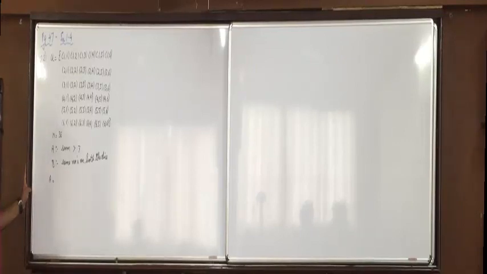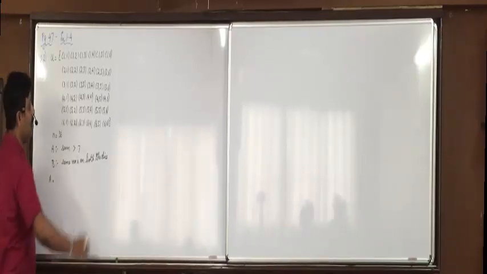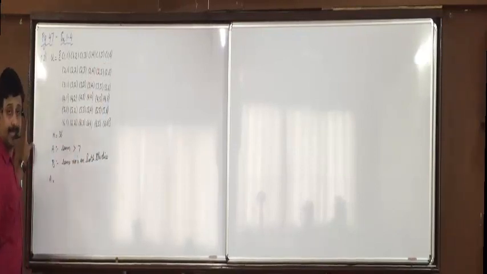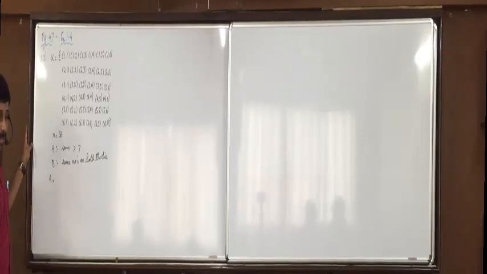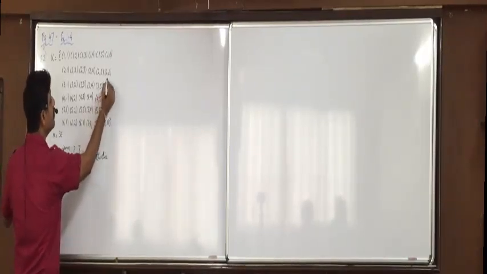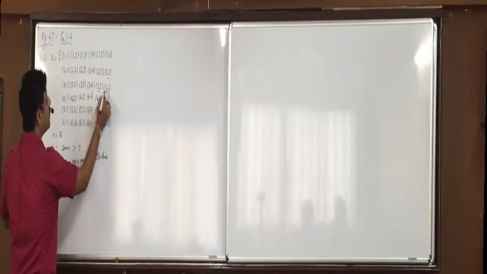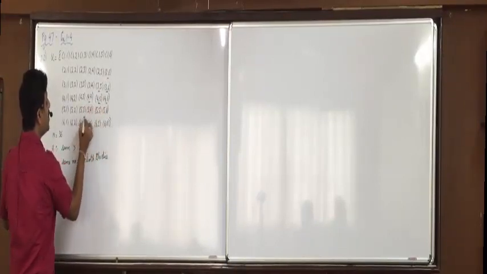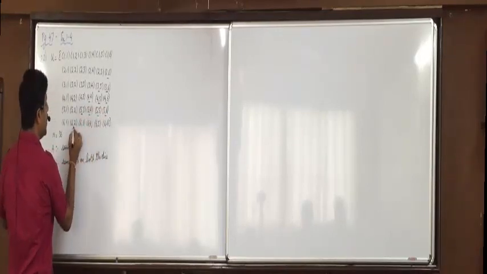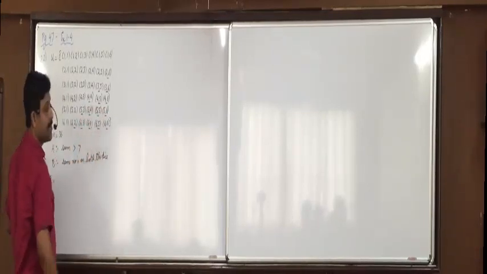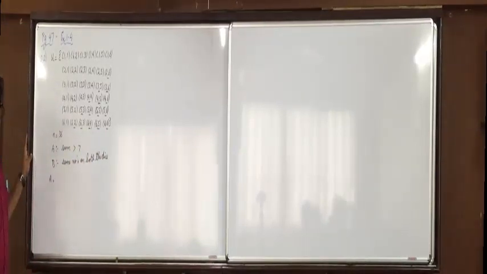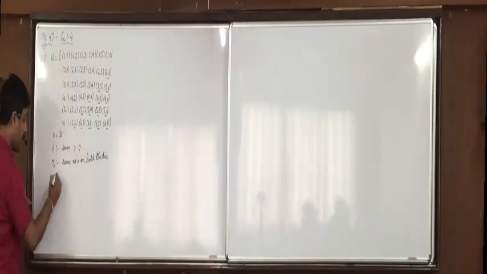So, A: sum is more than 7. In the row of 1, do you find any sum more than 7? No, 1 plus 6 is 7, it is not more than 7. We need the sum more than 7. In the row of 2, then in the row of 3, and 4-4, 4-5, 4-6, 6-2, 6-3, 6-4, 6-5, 6-6. Okay? Be attentive here. Everywhere here the sum is more than 7. So write down A.